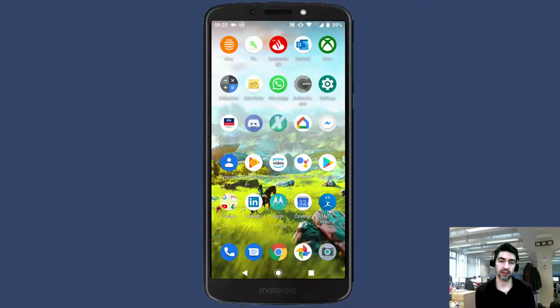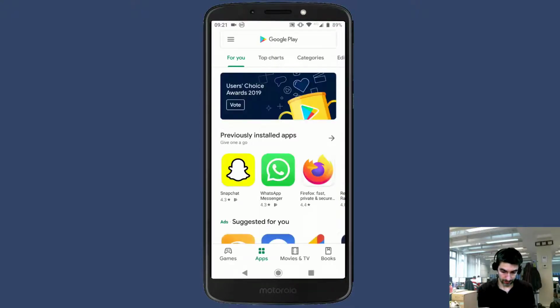In this video, I'm just going to show you how to install the Fasthosts Cloud Backup on your Android device. Now, I'm using a Moto G6 in this video, and it's using Android 9, which is Pie. So depending on your phone or the version of Android you're using, it might be slightly different, but the process will be the same. So to start, you need to go to the Play Store and get the app, and